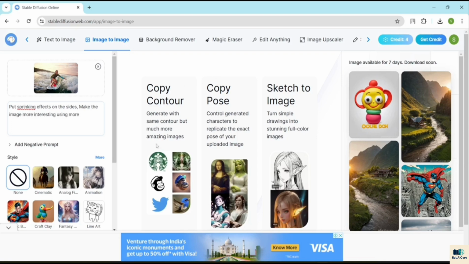Okay, so let's come here using more elements,